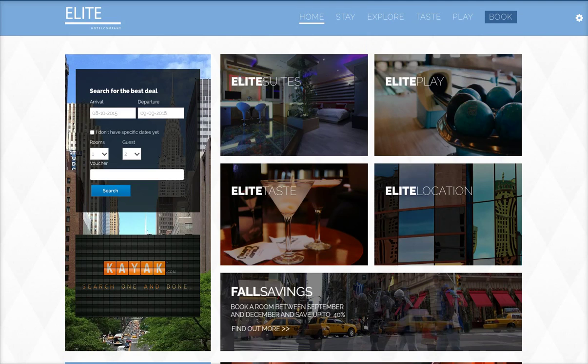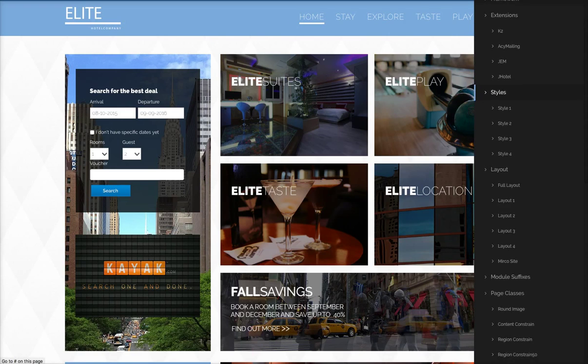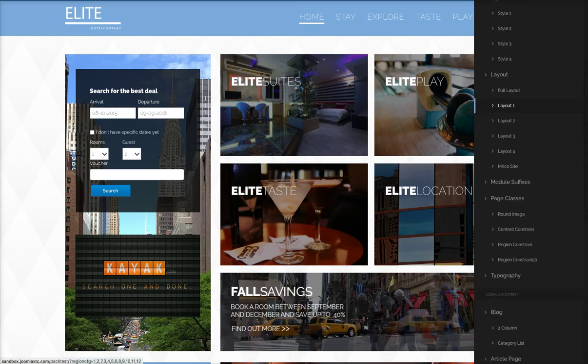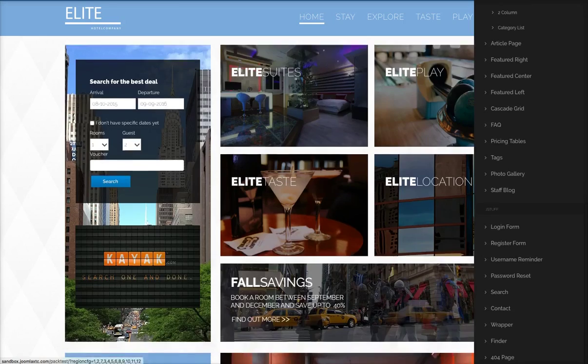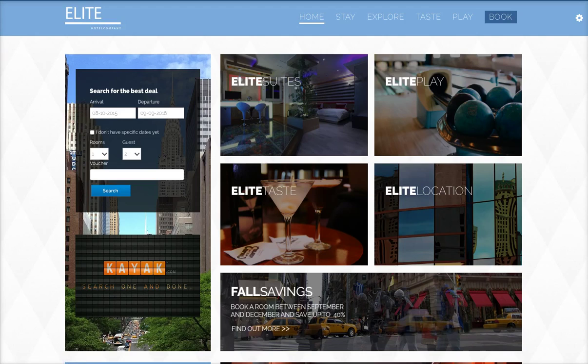And over here on the side, we have our canvas side menu. And here in this demo, we have all the core Joomla stuff in here. The template parameters, the Joomla content, and the Joomla stuff. And here in this first left area, we've got our booking form, and the booking form is from J Hotel Reservations, which is a free version of the J Hotel Reservations. It comes prepackaged with a template, and then we have a kayak ad here, and this is just custom